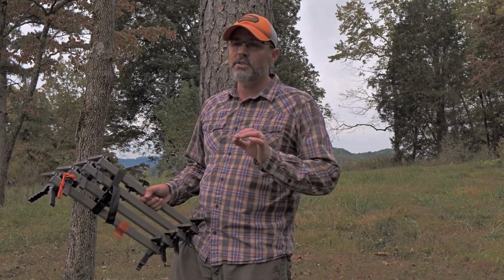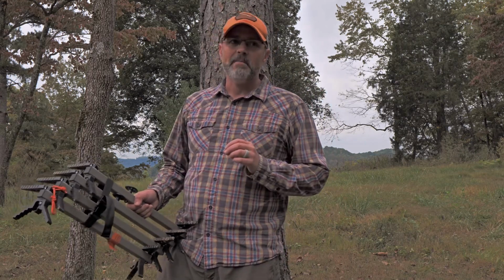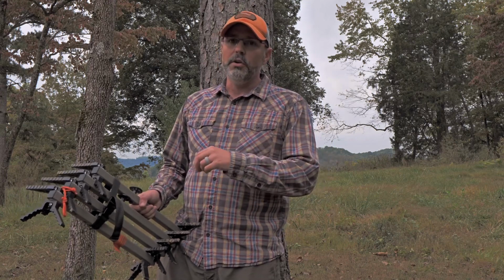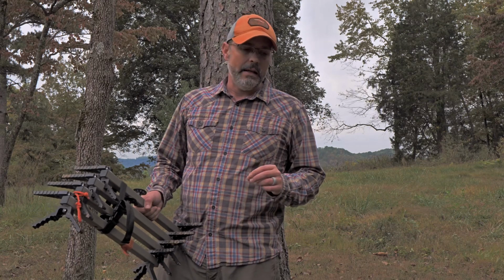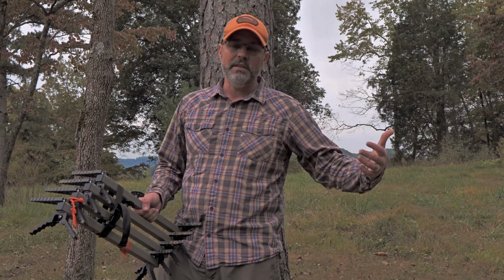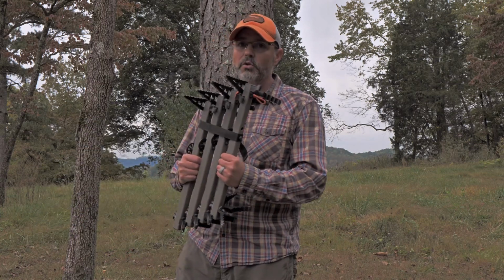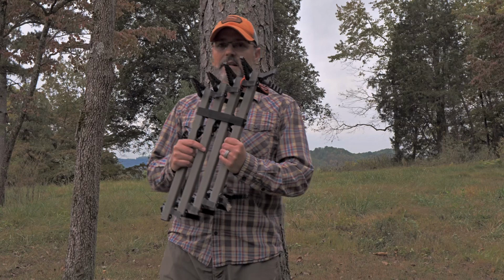It all really depends on each individual location and what the setup is like, and if there's favorable conditions for my saddle, or if it's more favorable conditions for a longer set in a hang-on stand, because I am more comfortable for longer periods of time in a hang-on stand. So what I do now, for the most part, or what I have been doing anyway, is I've been rocking